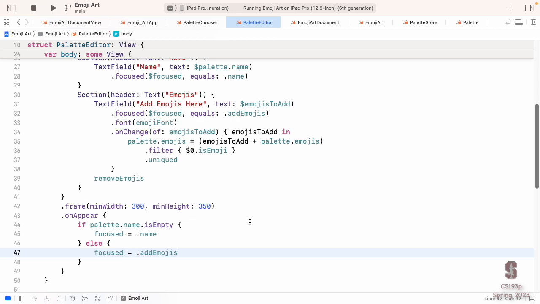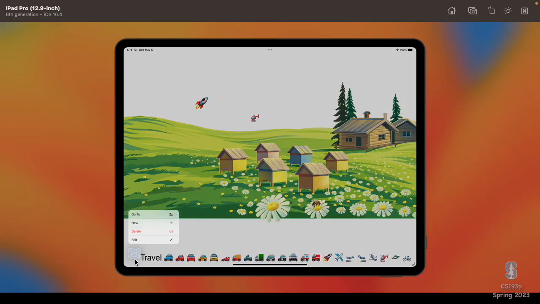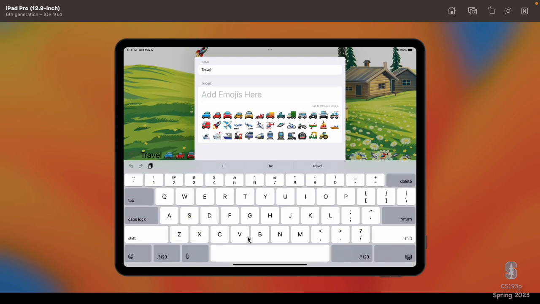See, so now when my palette editor appears, I'm going to pick which one of those. If I have no name, then I'm going to make the name be editable. But if I have a name, then I'm going to do the add emojis. Let's see this go. Whoop, keyboard comes up, add emojis, because we have a name, travel, so it's good to go.